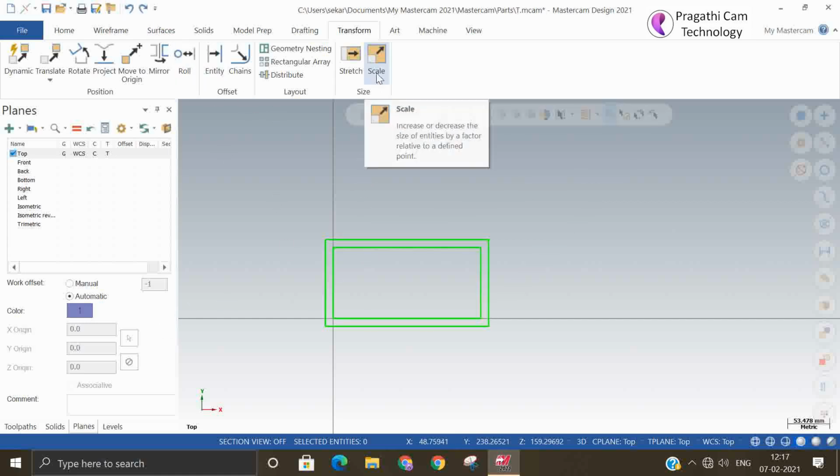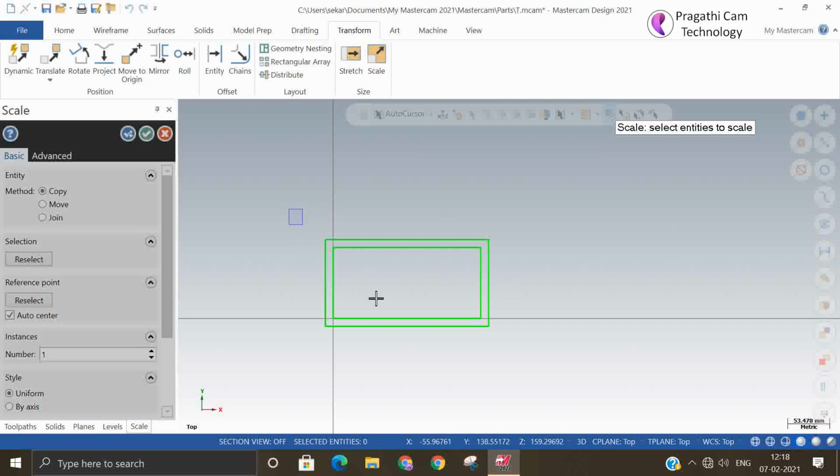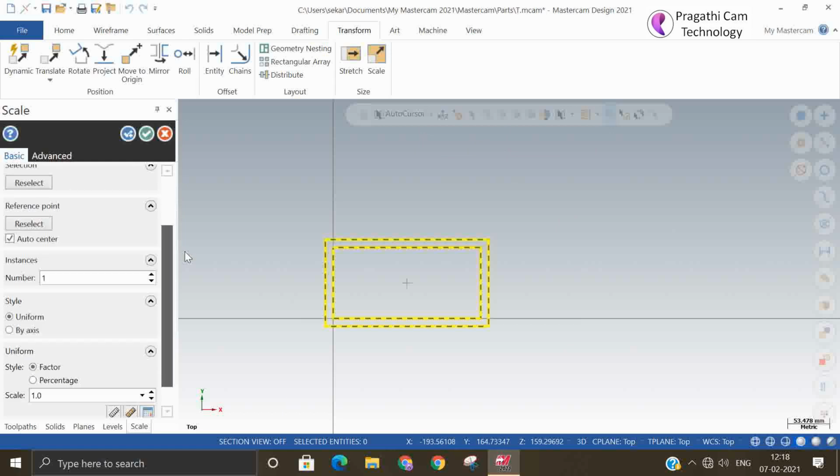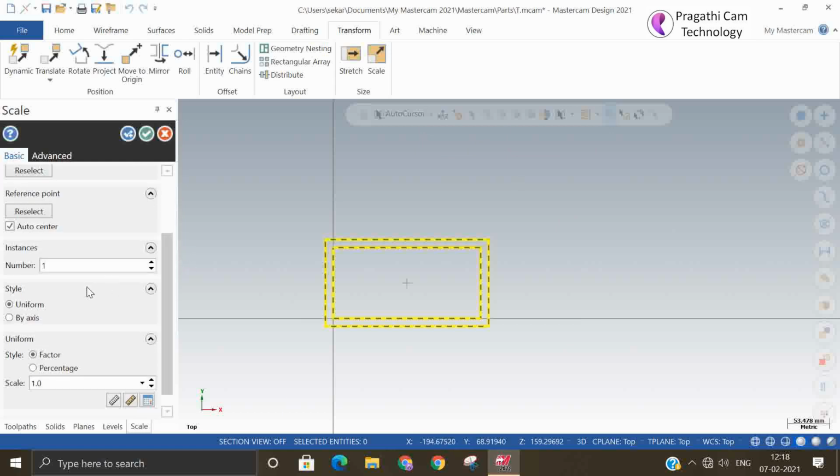Scale, this we will use. So you can scale this one. You can give percentage or the factor. Okay, I made it 50%. Whatever reference point you take, it will scale based on that.